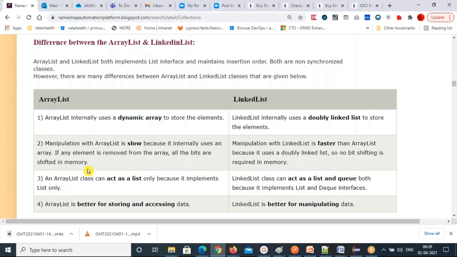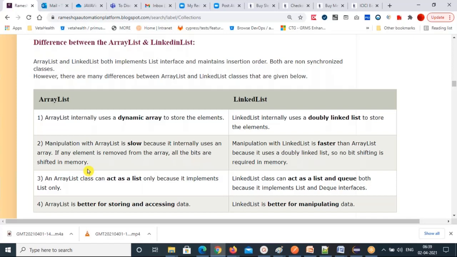In the array list, manipulation is slow because internally it uses an array. If any element is removed from the array, all the bits are shifted in memory. So that's why manipulation is slow. Manipulation with linked list is faster than array list because it uses a doubly linked list, so no bit shifting is required in memory.